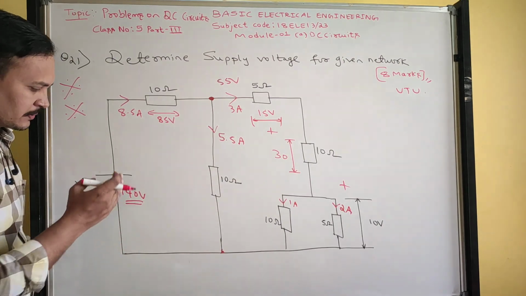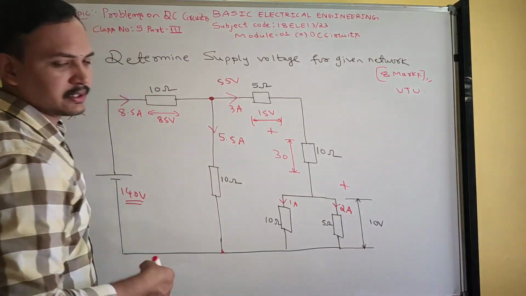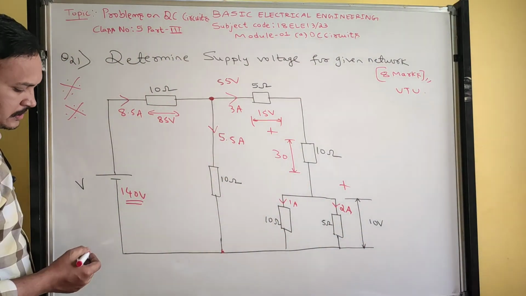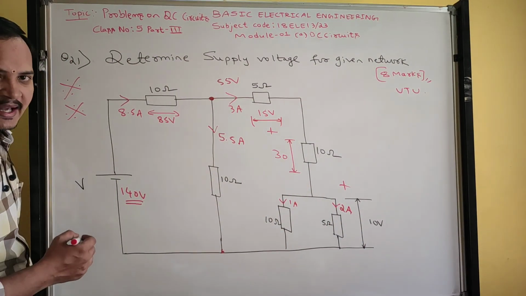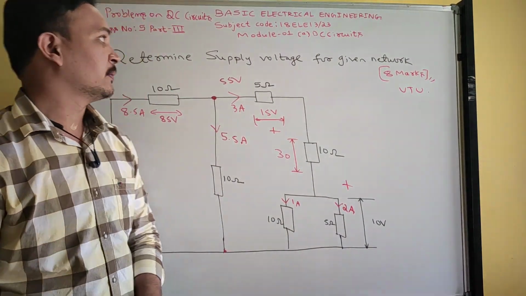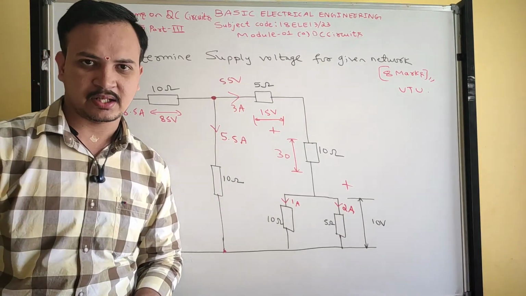We done problems from starting to ending. What we done in this problem? We come in reverse analysis. Okay. So this asked in VTU exam for 17 scheme. So dear students, by here we are completing DC circuit.